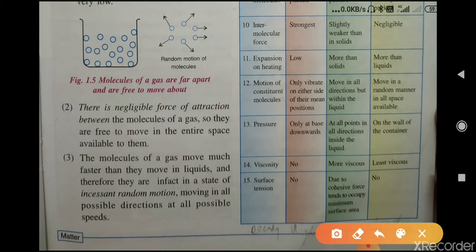Now viscosity: no viscosity in gases, more viscous and less viscous in the others. Surface tension: no in case of solid, and in liquids, due to cohesive force, it tends to occupy minimum surface area, and in gases no surface tension. Okay, now